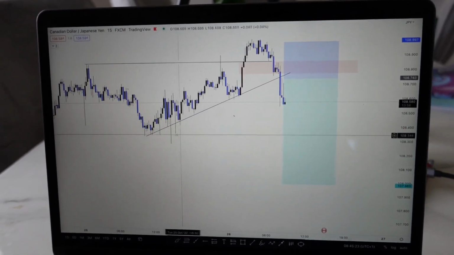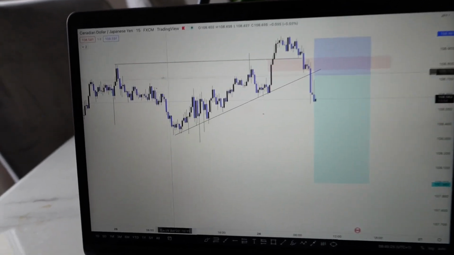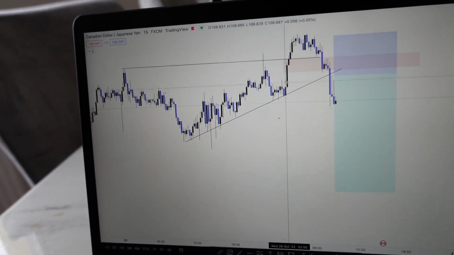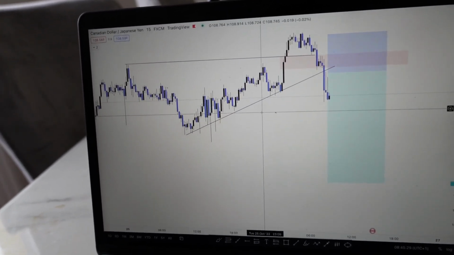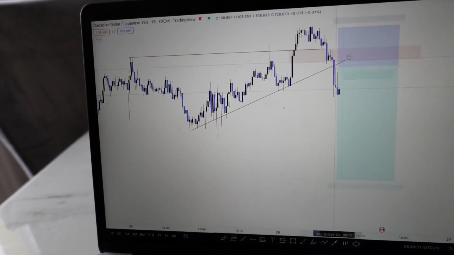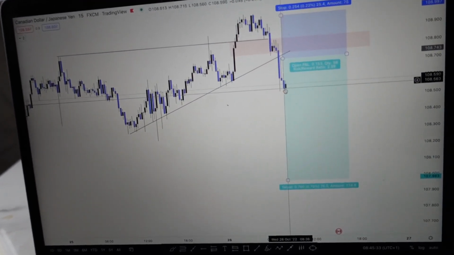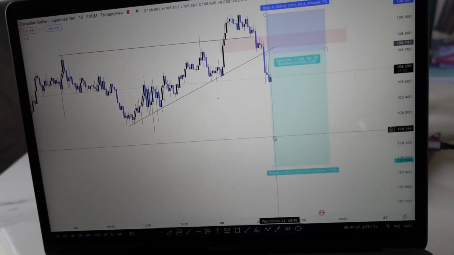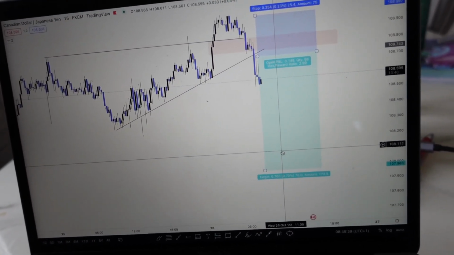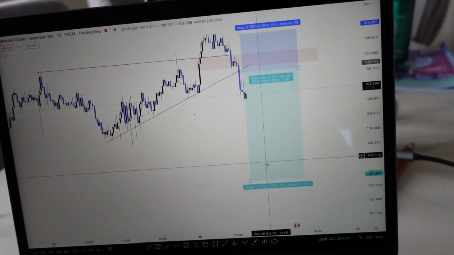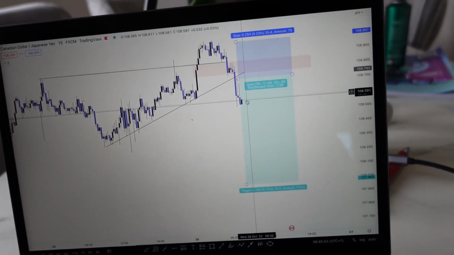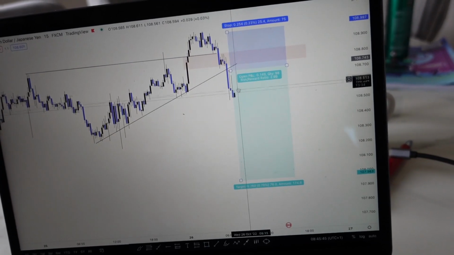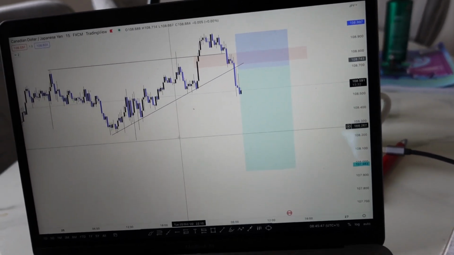And in my opinion, we're forming lots of liquidity through to the downside. We've taken these highs right here, as you can see, with this impulse through to the upside. And right now, we're impulsing into this liquidity right here. I'm just hoping that we get a little bit of a retracement before we push into this liquidity, as if we already pushed into the liquidity, I'm going to be discouraged in taking that trade. So I'm just waiting for the market to retrace a little bit, sell it down into this liquidity.